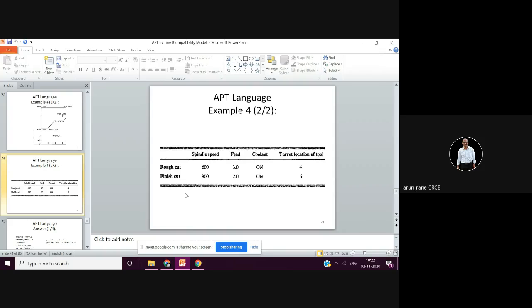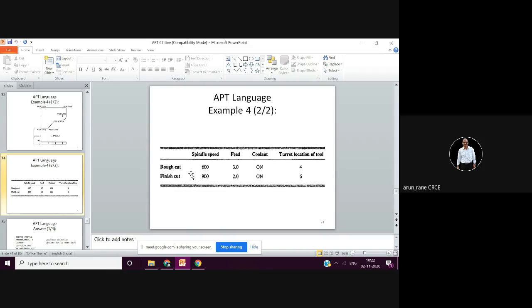So these two columns are very important. The first column is operation description, and this should be in a sequential way, not random. And your program also should be in the same sequence. It should not be that you write milling, then rough milling, finish milling, and then drilling and tapping.